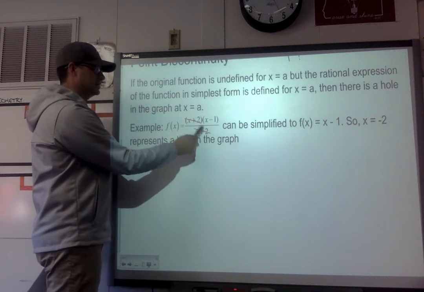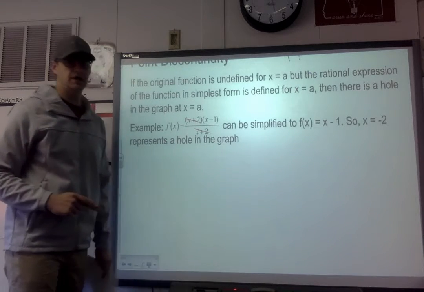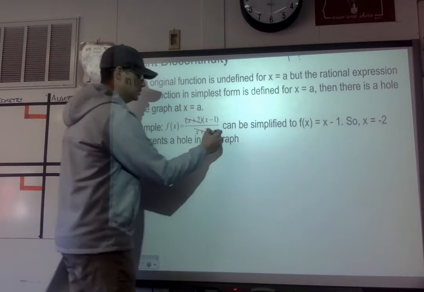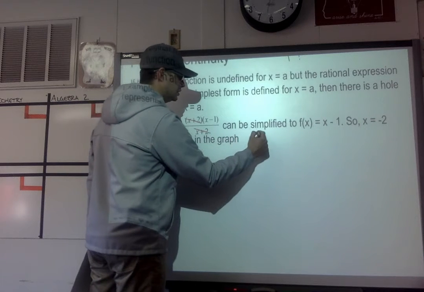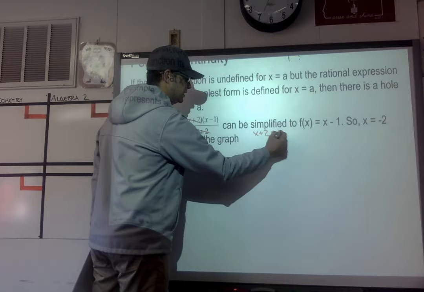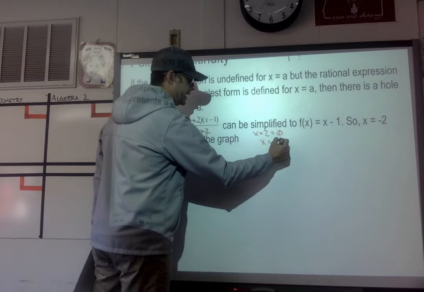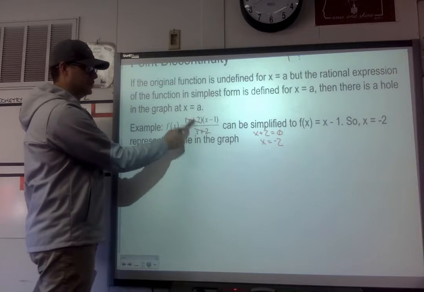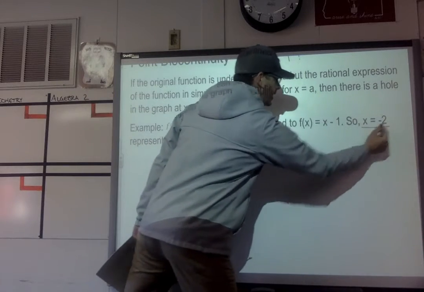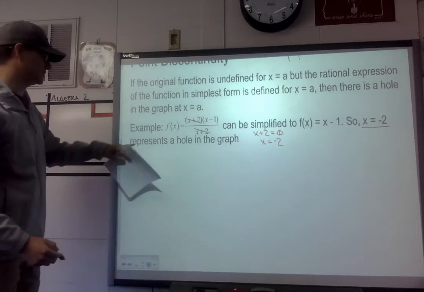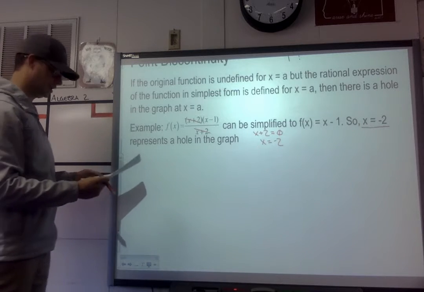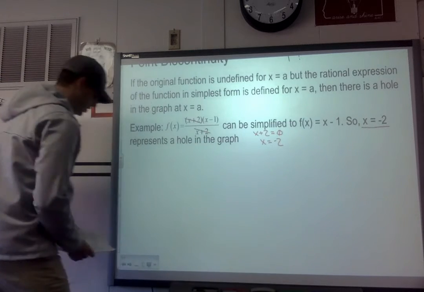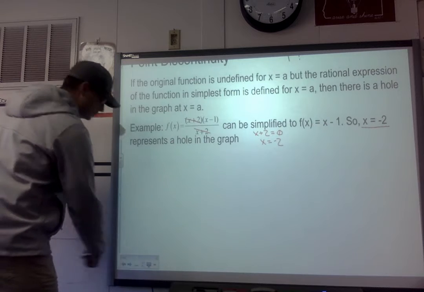So anything that is canceled from both your numerator and your denominator, you will set equal to 0. So x plus 2 equals 0, x equals negative 2. So in this case, since it was canceled, that point of x equals negative 2 would represent a hole in the graph. So what that would look like, if I get a graph on here,